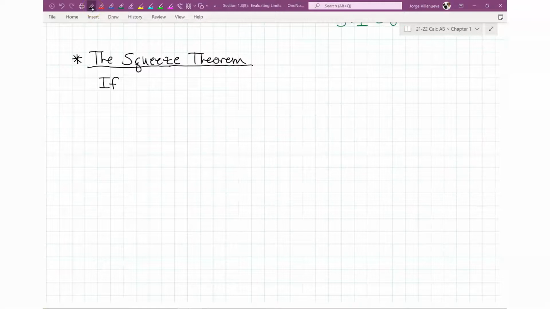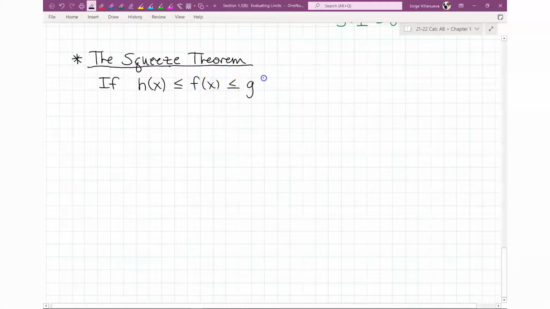So if h of x is less than or equal to f of x is less than or equal to g of x for all x in an open interval containing c,